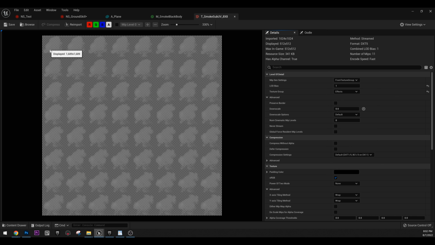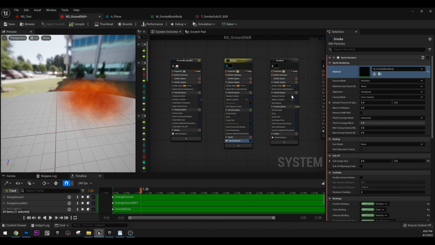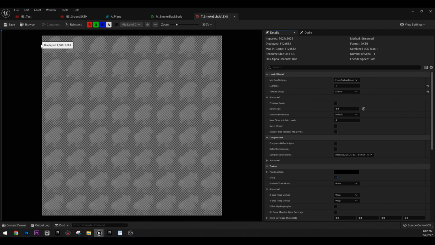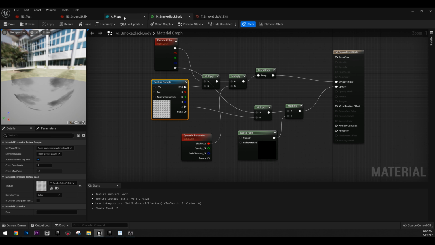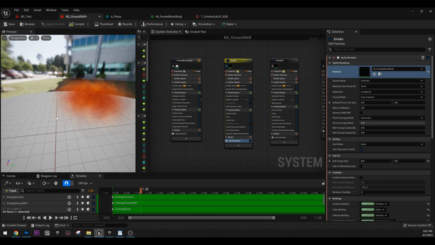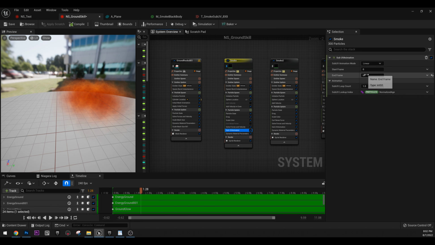To simulate this texture over time, so that our sprite takes this, then this one, then this one, or rather to simulate the change of this texture, we're using this sub UV, and start